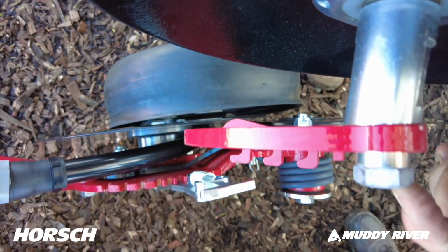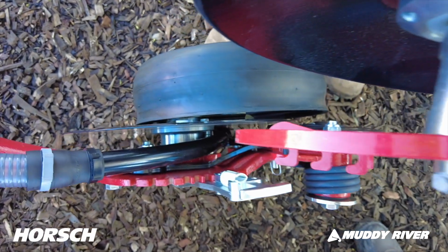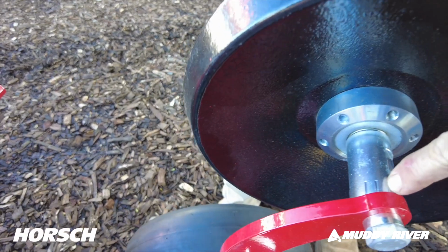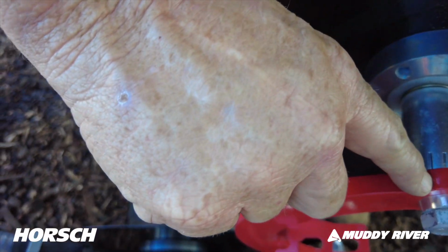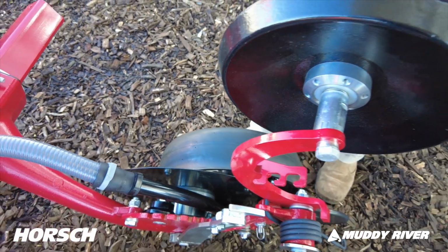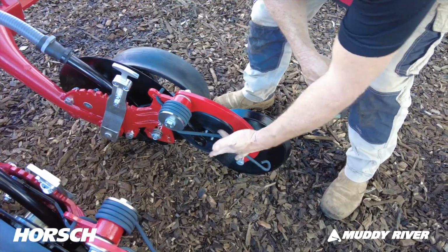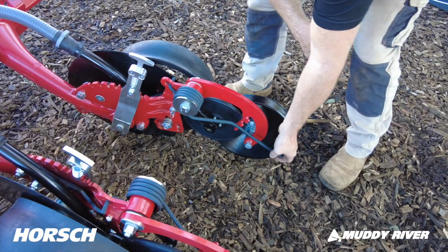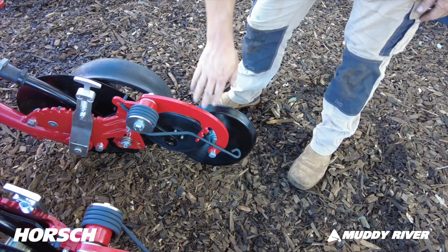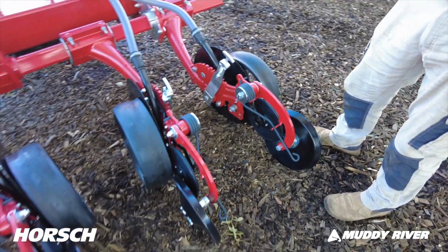And you just undo that bolt, twist this around till you get the line lined up with number 2, tighten that 24mm back up again, and away you go. It's not a number, it's 1, 2, so it's lining up with this ridge and those 3 notches. So very simple. And then your down pressure adjustment is done via this spring. So that's on its lowest setting, middle setting, or a high pressure setting. The wetter it gets, back off your pressure and back off the pressure here, and away you go. But this bar, once again,